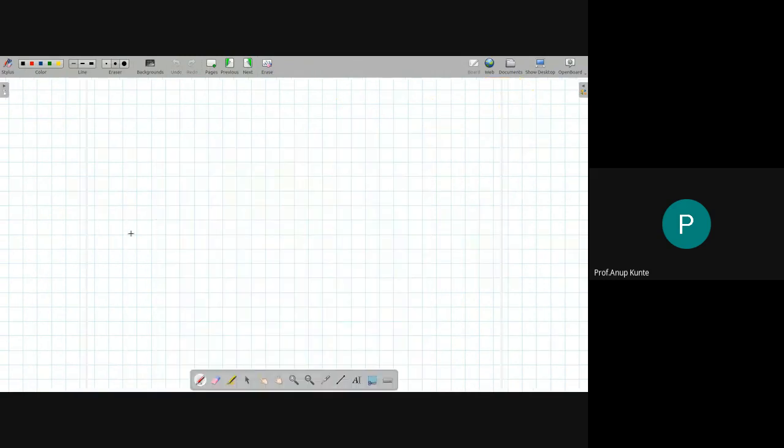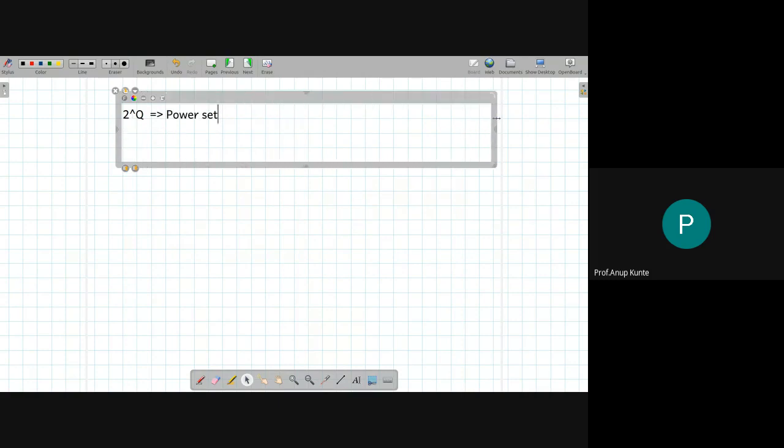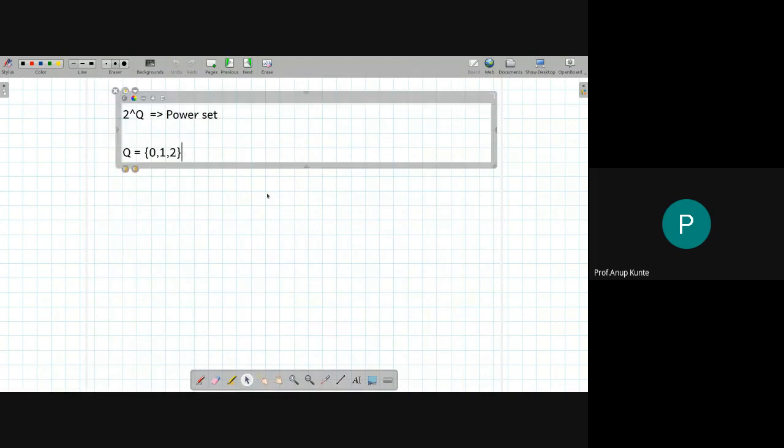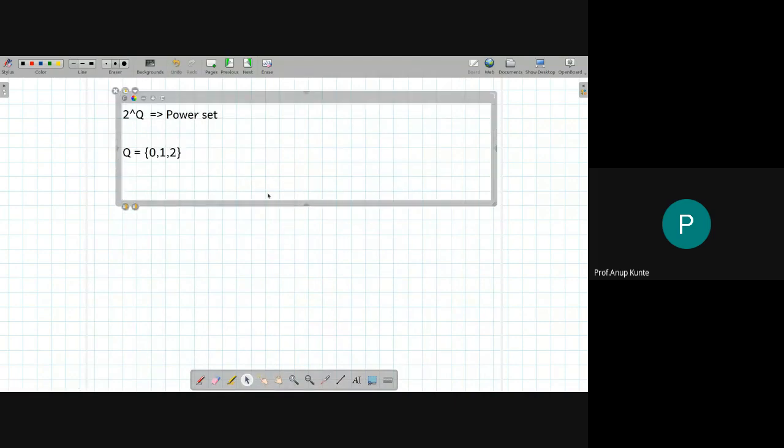Now what is this 2 raised to Q? ये कहाँ से आया? ये set theory से आया. So this set which is referred to as 2 raised to Q is nothing but, in set theory, referred to as a power set. What is a power set? That is what we need to understand first. So power set क्या होता है? अगर मैं आपको एक सेट Q दूं जिसमें elements हैं 0 1 2, then set 2 raised to Q